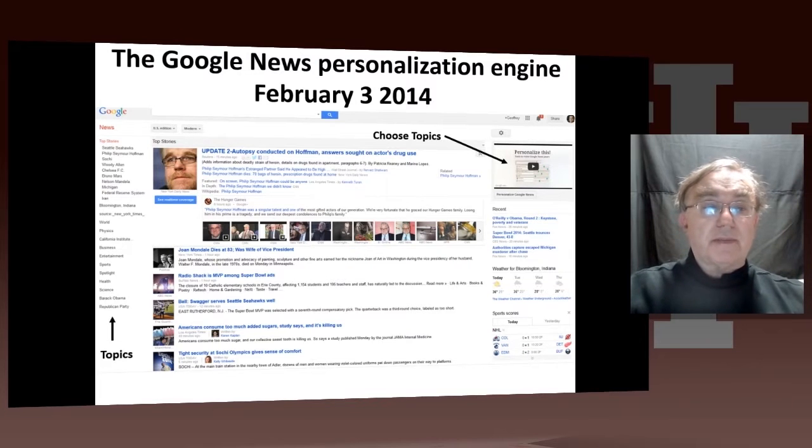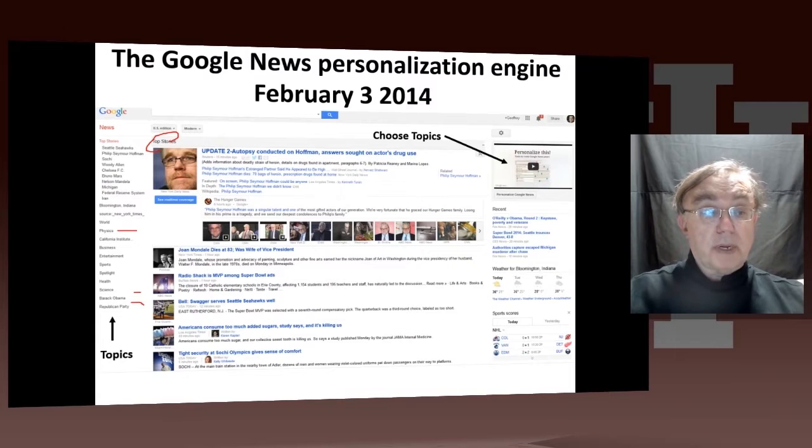You'll see here various categories. You can choose which categories you want. Here we have top stories, and these are the topics here we have. I have one, because I select Bloomington, Indiana. I like New York Times. I have physics here because I like physics. I once went, there's Barack Obama, I forget now, in the Republican Party. That's probably a relic of when I was looking at the election, and various other standard categories which